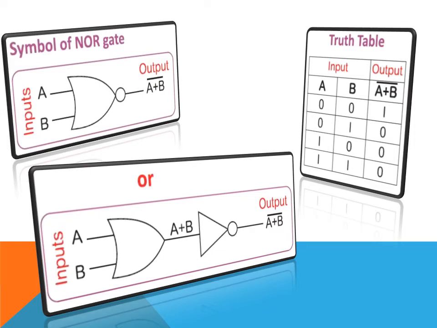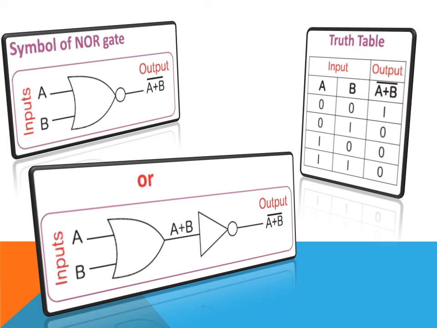Now let me remind you that the output for the OR gate was A plus B. Look at the last input. 1 plus 1 will be 1 for an OR gate. But since we are inverting it, the output becomes 0 from 1. In the same way,